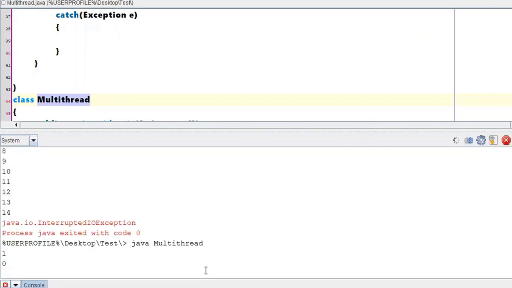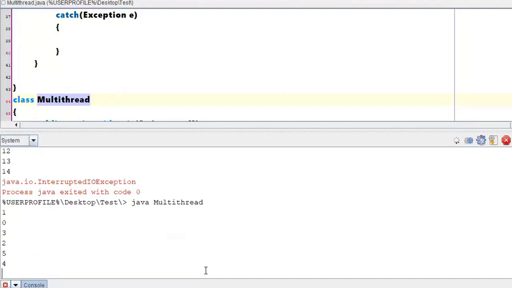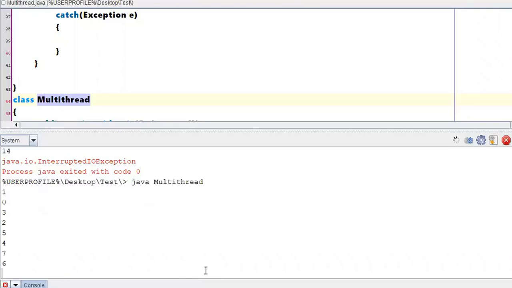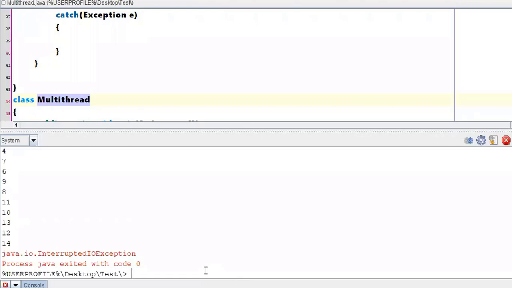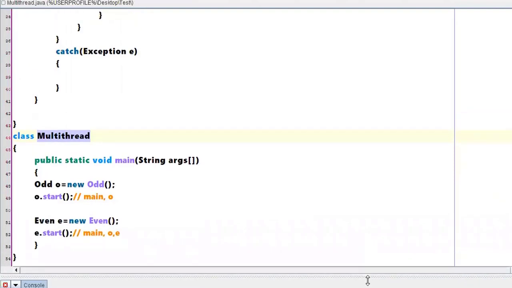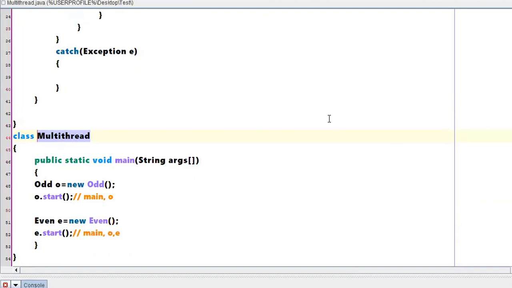So with two threads in action, whichever thread gets priority or whichever thread is ready will be allowed for execution. Right? And we clearly said that whenever you need concurrent execution of statements, only then do you go with the concept called threads. So the program is in front of you. If you have any questions, you can post them in the chat box.